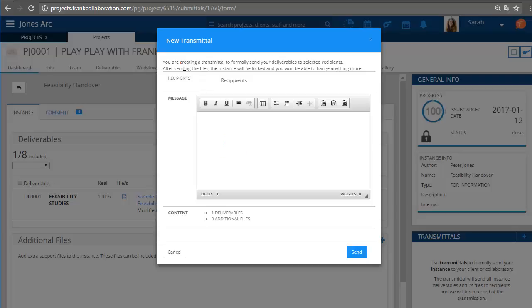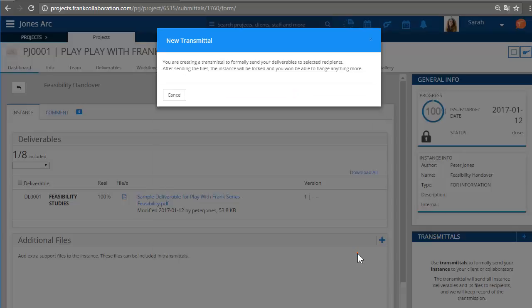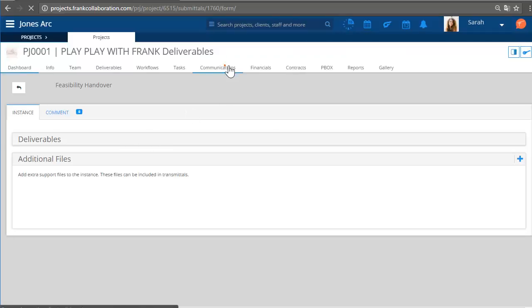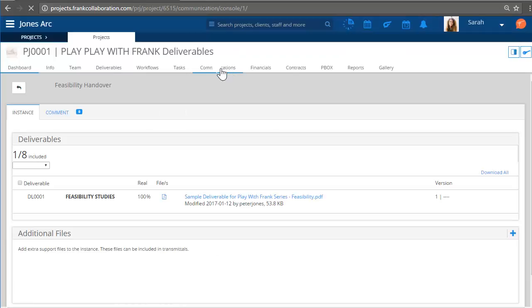Sending a new transmittal is very similar to an email, but Frank will treat this communication very differently. You need to select the contact and write a message. And once this is done, you will send it, and as you can see at the bottom, there will be attachments to this communication. However, given that files are usually big, there could be a link that the client